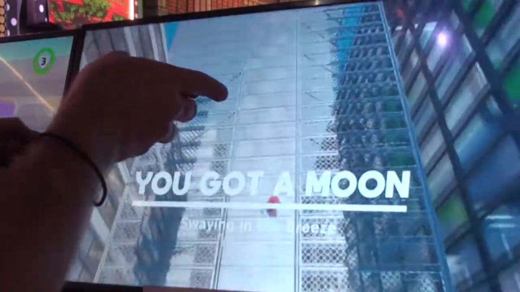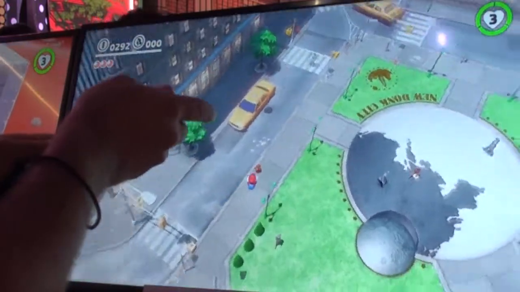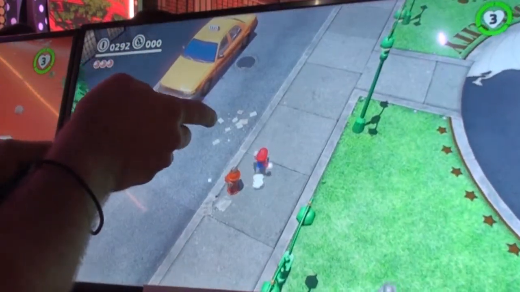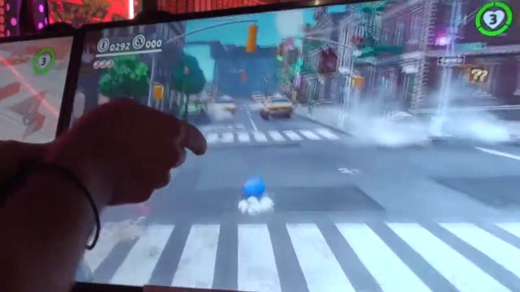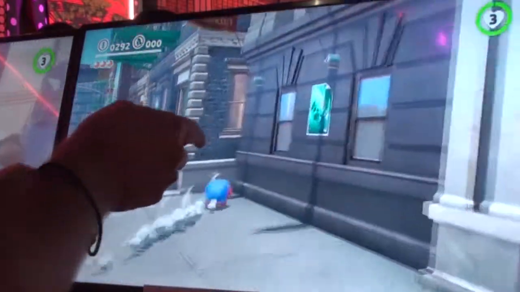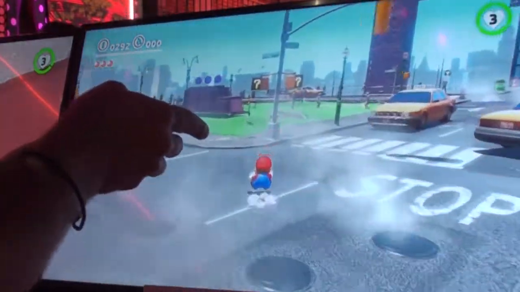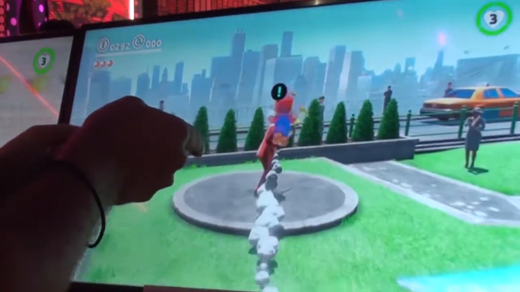So this game has you collecting moons instead of shines or stars. The moons are pretty plentiful. I don't know if that's just for the demo, but I accidentally ran into several of them, which is a little weird because in prior games you would always have to collect a certain amount of purple coins. You would always have to do all these things. There were green stars that were easier to get, but